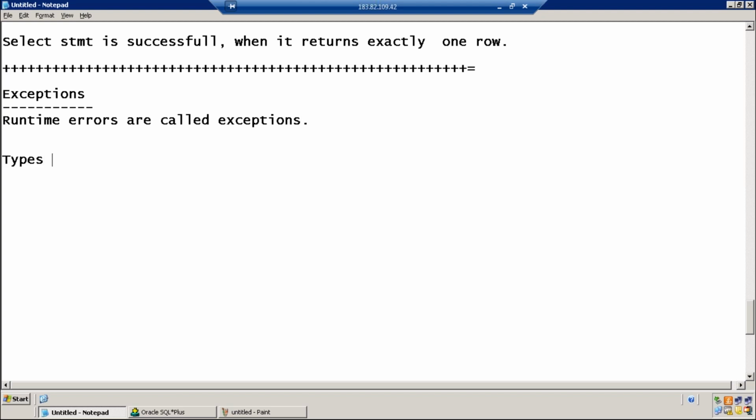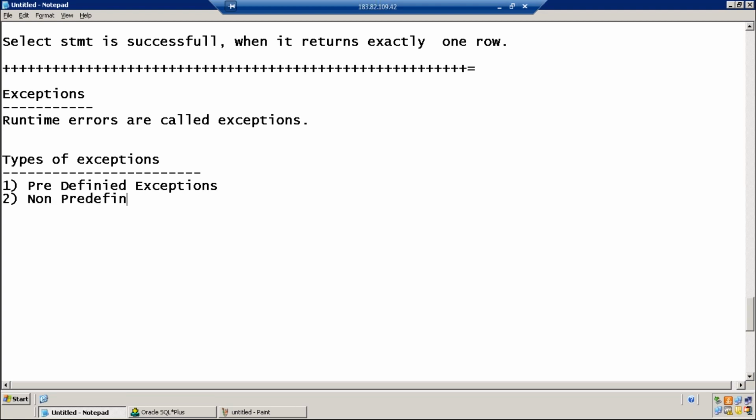Types of exceptions: predefined, non-predefined, user-defined. Three types of exceptions: predefined exceptions, non-predefined exceptions, and user-defined exceptions.